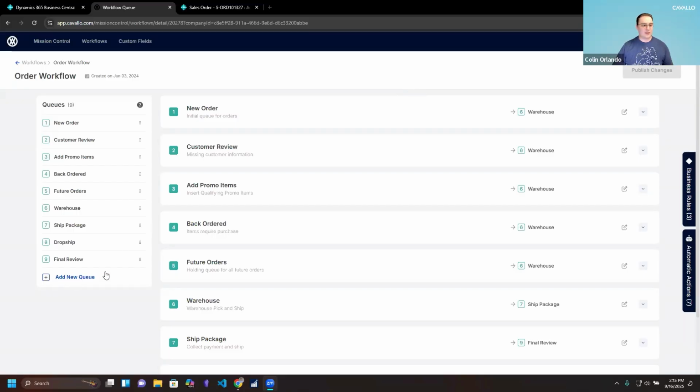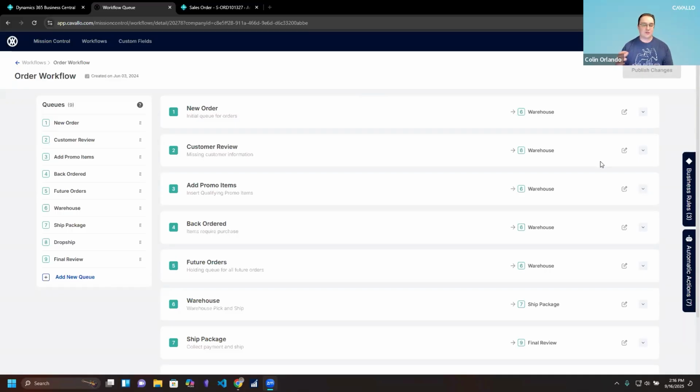On the left-hand side of my screen, you'll see I have all of my different queues. This is my particular workflow, and I really like to hit home on that because you as the individual user get to name each step in your unique process. So if you're a SalesPad user, you understand this concept, and it's been the bread and butter of what's made SalesPad so great: the capability to build and curate your own process.